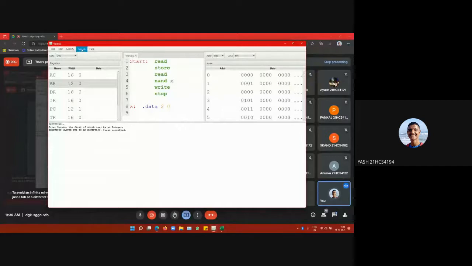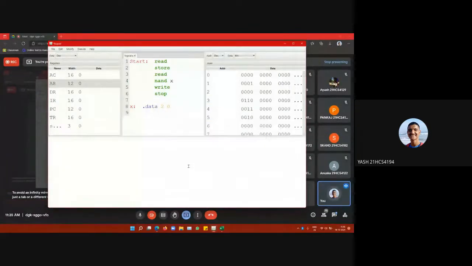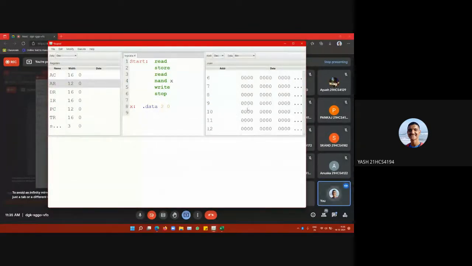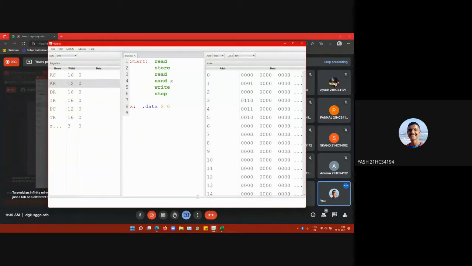If I load it, it will not work since it is not complete, but still we can load it and see. Assemble and load. Now we can see that corresponding to it, somewhere in the memory, X will also be created. It is not showing over here currently.